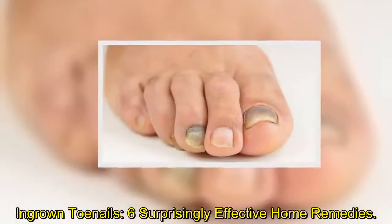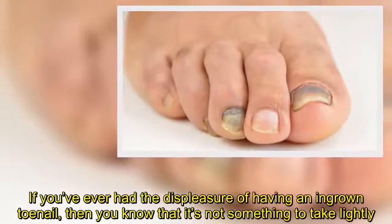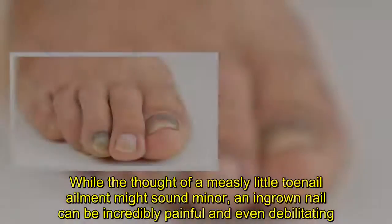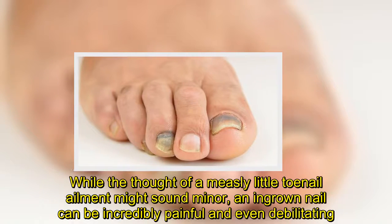Ingrown toenails, 6 surprisingly effective home remedies. If you've ever had the displeasure of having an ingrown toenail, then you know that it's not something to take lightly. While the thought of a measly little toenail ailment might sound minor, an ingrown nail can be incredibly painful